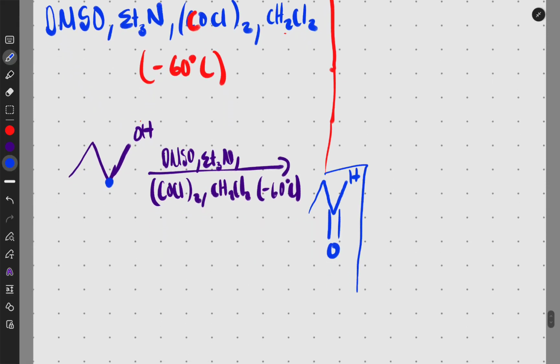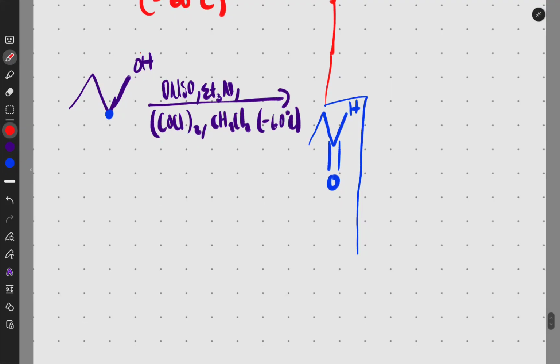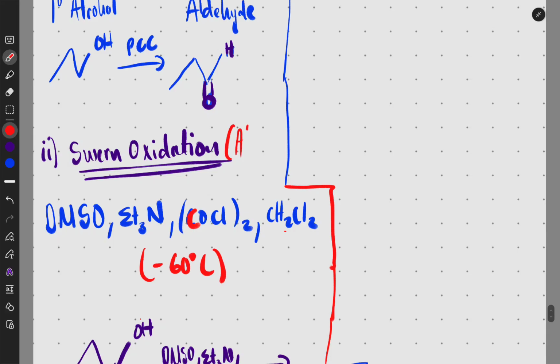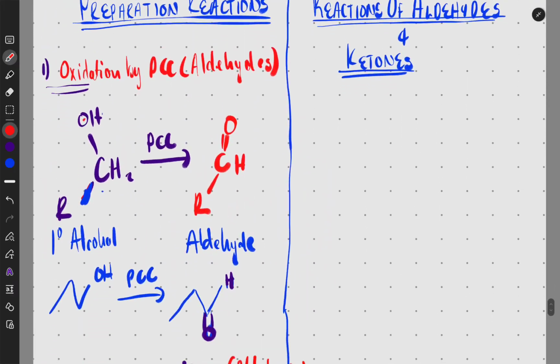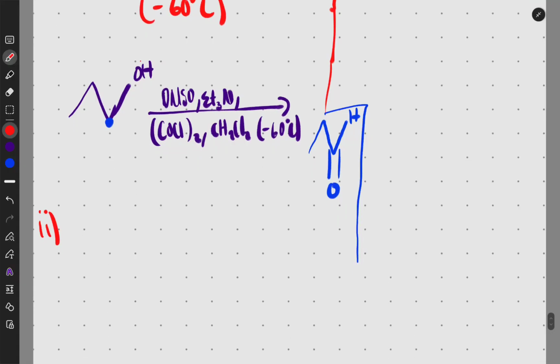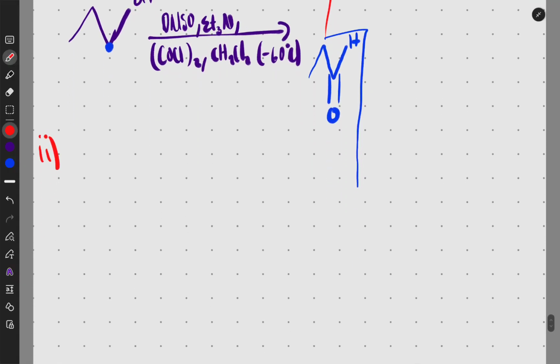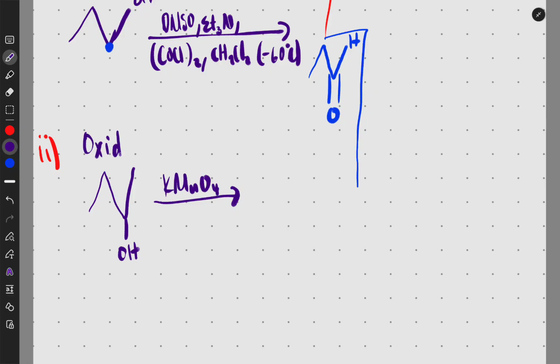Then now for ketone, it's so easy. This was Swan oxidation for aldehyde again. And the last thing which you have to do is just for ketone. For ketone, we can still use these two, Swan oxidation and PCC. You'll now be having a secondary alcohol where the OH is inside. It's not on the last carbon, okay? And whatever you use, but we like to use KMnO4, okay? So you can still say oxidation